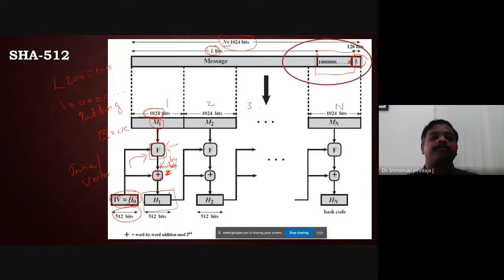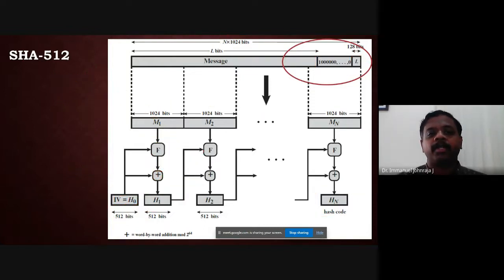This is the output of the first block. Is it taken as the final output? No, this is only an intermediate value. This intermediate hash value is fed again to the next round. So the initial vector is denoted as H0, then H1 goes in, then H2, and finally you will have Hn minus 1, which is fed to the nth round. The final one will be your hash code. Now we should really know what is happening in this f and what this IV is all about. I am sure the subsequent slides will reveal what they are.